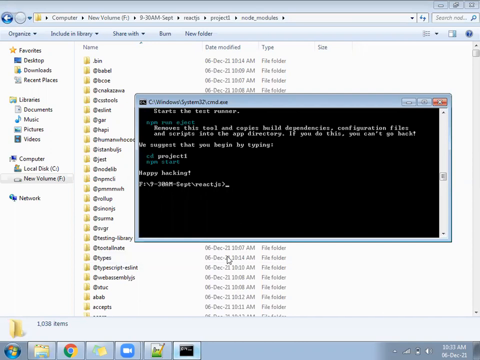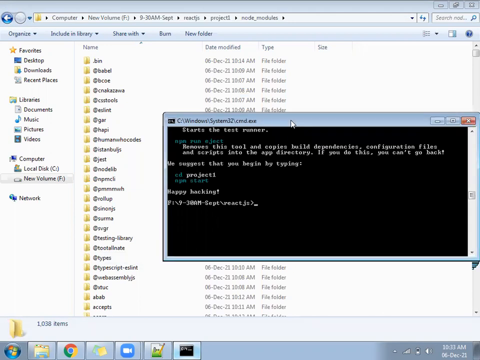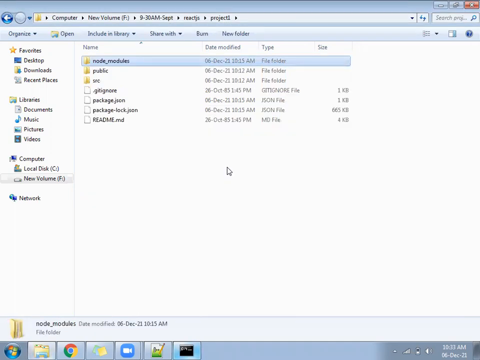Next, all these files are set up inside the project. These are required every time you create a new project. You are not going to touch anything under node modules.